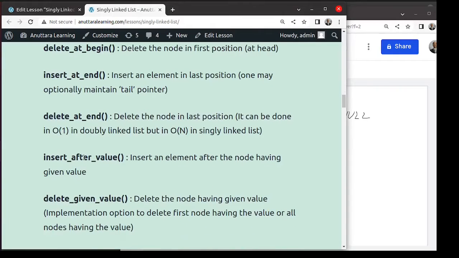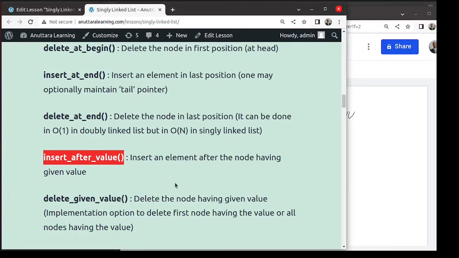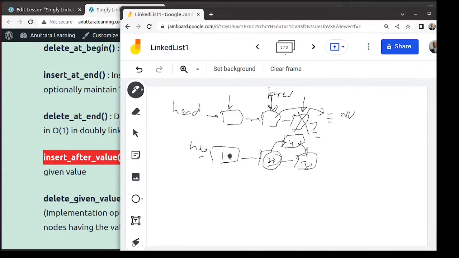Then you may have more functions. You may have function like insert after a given value. Let's say you have a linked list and you may say insert after the value 20. You want to insert 40 after 20, so you create a node and you connect pointers like this. That's insert after a given value. Similarly, delete a given value. Maybe you want to search for 20 and delete it. So you situate ptr here, you keep hopping till you reach that node, or rather its previous node, and then